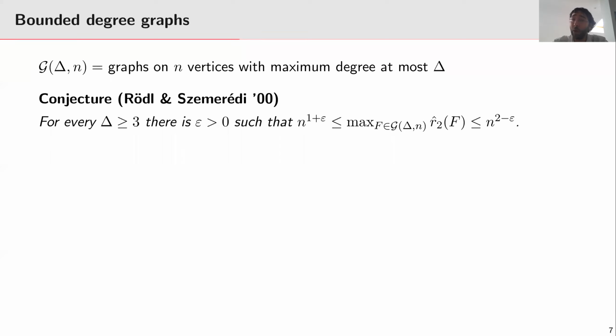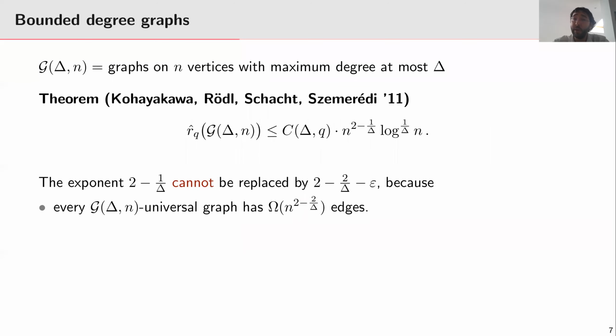Now, the lower bound here is still open. We know that there is something superlinear we can write here, but nothing as good as n to the 1 plus epsilon. The upper bound, however, is solved and solved in a rather strong form. So Kohayakawa, Rödl, Schacht, and Szemerédi said nearly 10 years ago,